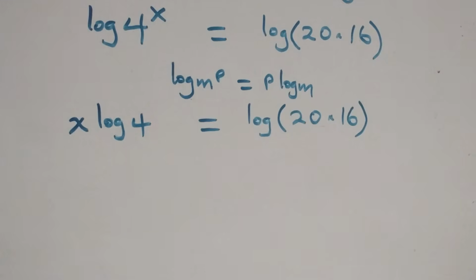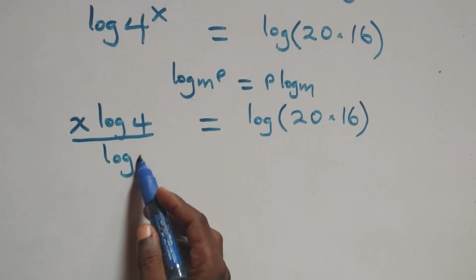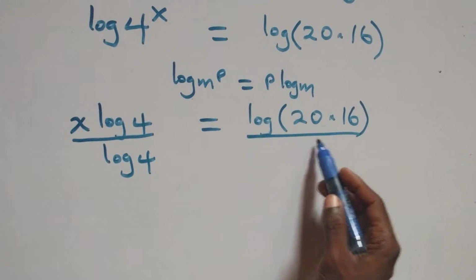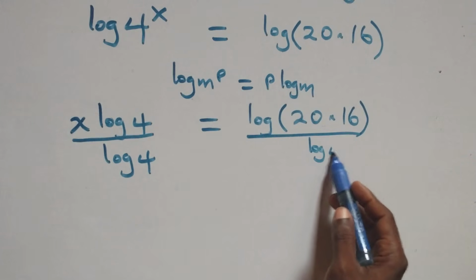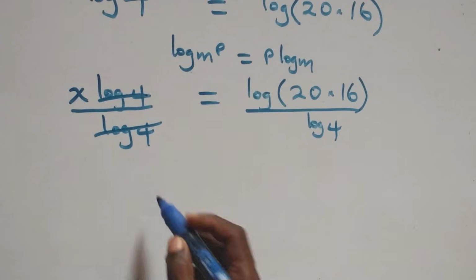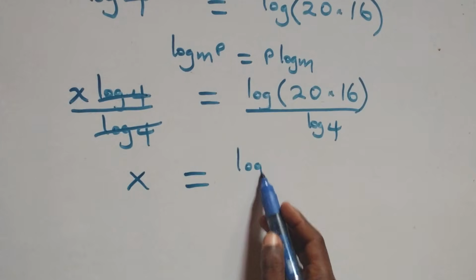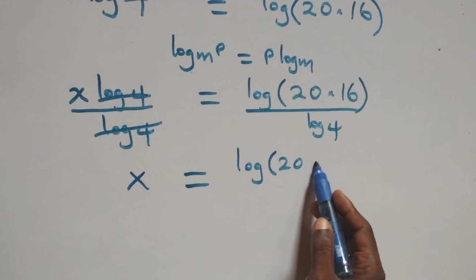The next step here, divide both sides by log 4. Divide this side by log 4, also divide this side by log 4. Here log 4 cancel each other, and we have x equals log 20 times 16